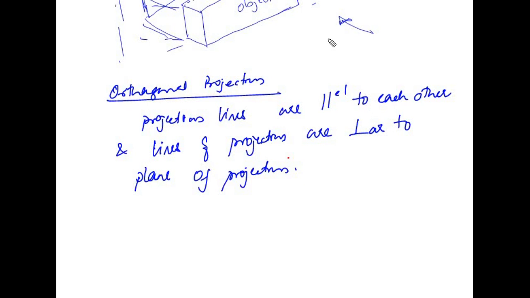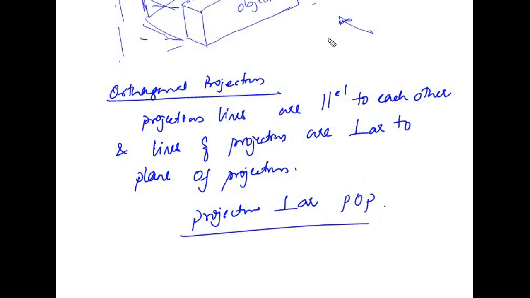Okay, so the lines of projection or the projectors are perpendicular to plane of projection. Then such a projection we call it as orthographic projection. Sometimes it's called this, coming from the word orthogonal, which you already learned in your +1 or +2. Orthogonal means perpendicular, right? So sometimes it's also called as orthogonal projection, right? All the projectors are perpendicular to the plane of projection, right?